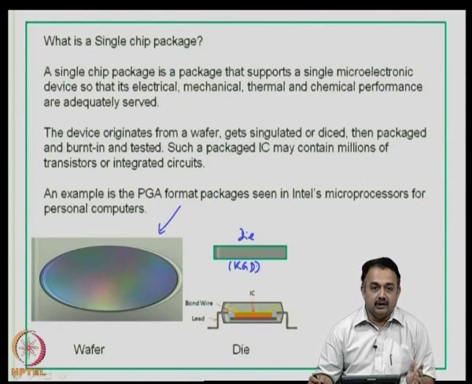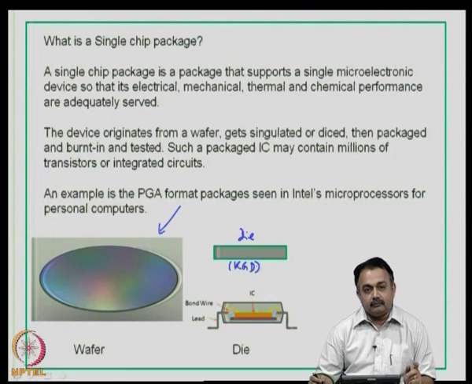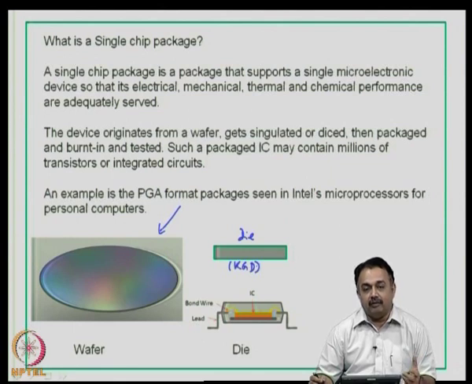Then it is packaged, and then again after the packaging is done, it is burnt in using several standards based on the materials that you are using, tested and then qualified to be sent to the market. So, such a packaged die or IC may contain millions of transistors or integrated circuits. So, basically if you look at a microprocessor application, the die is singulated, then it is packaged, and then